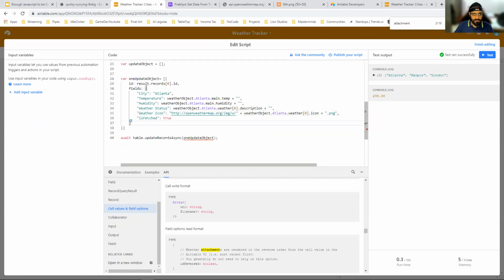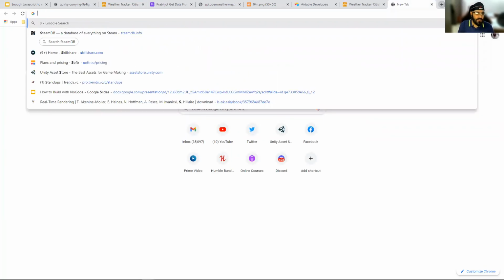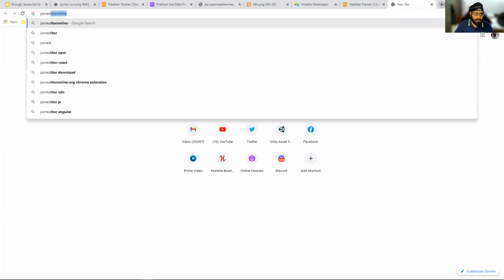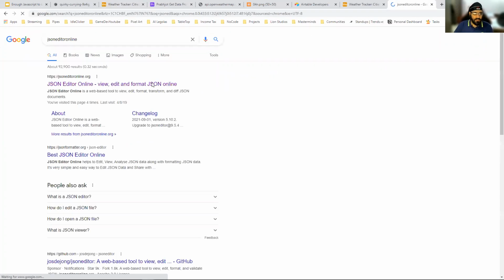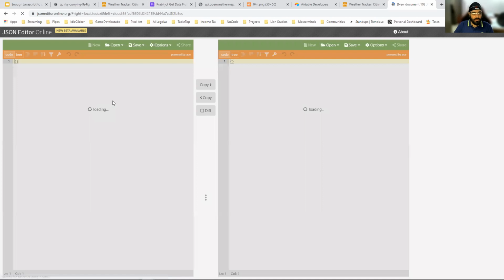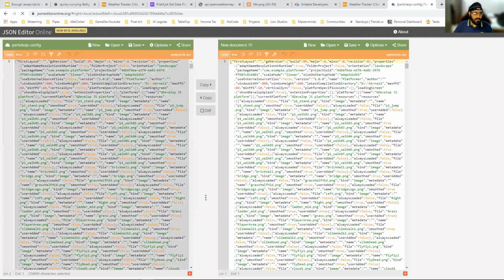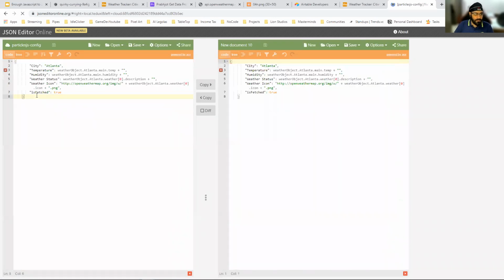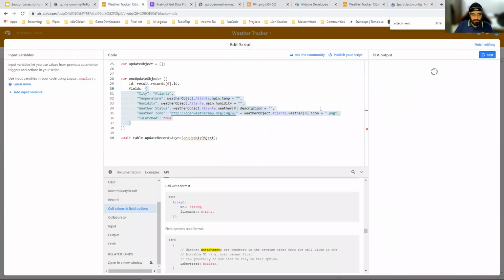Am I making some mistake? So one way to debug sometimes when you play with JSONs is you can go to this thing called JSON editor online, and you go here and you can paste. And sometimes if there's an error in this, you get to see it. Let's just see what error it throws.